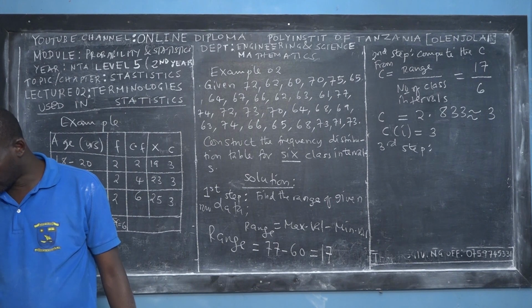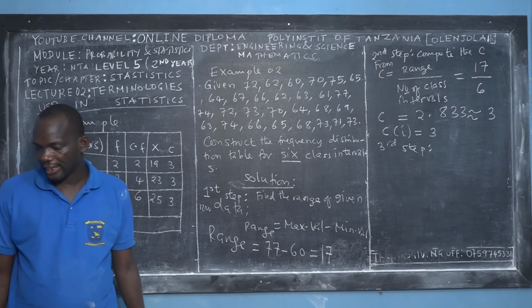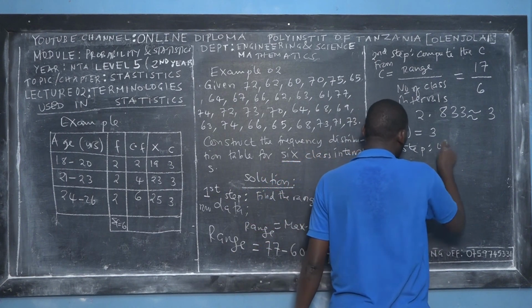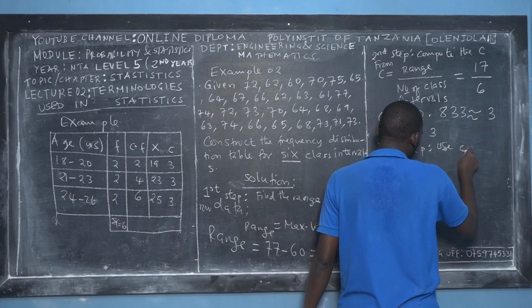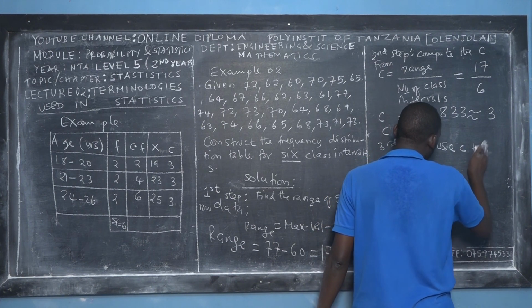The number of classes is 6, that's required. Then use the class size to find the difference between the lower and upper class interval. So we use the class size to determine